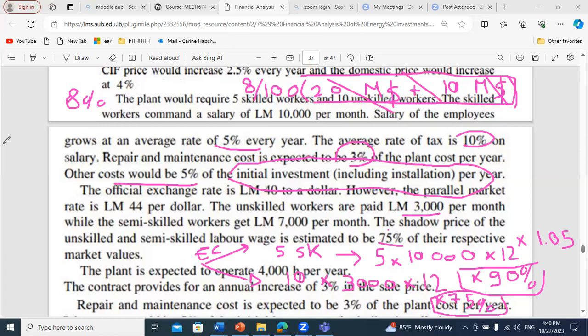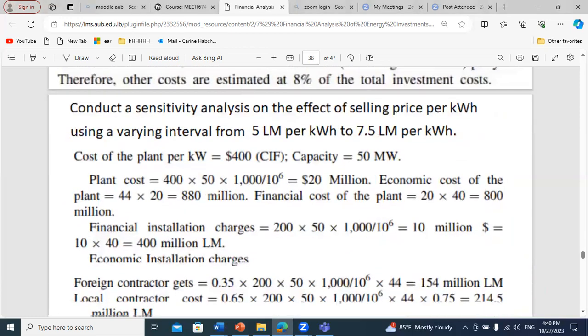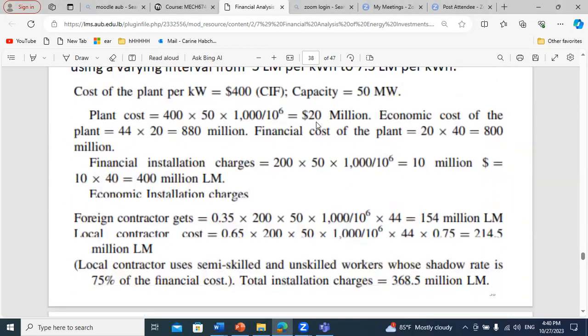If you want to see the details of these calculations, let us go back to the calculation we did. So here, we said that first the plant cost is $20 million. And when we calculated the economic cost, we just multiplied by the shadow rate,